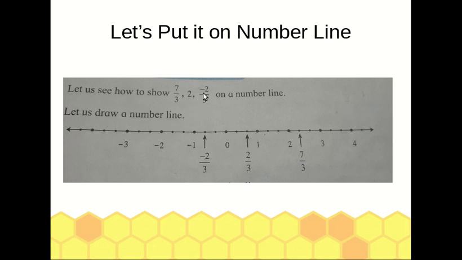Okay. Now next is minus 2 upon 3. First we have to see whether it is a positive or negative number. So obviously it is negative because there is a negative sign. So obviously we are showing minus 2 upon 3 on the left side from the 0. Just count 2 from 0 on the left side, that is 1 and 2. This is nothing but minus 2 upon 3. We can give the letter A, B or C for this minus 2 upon 3. This is the easy method for showing a rational number on the number line.